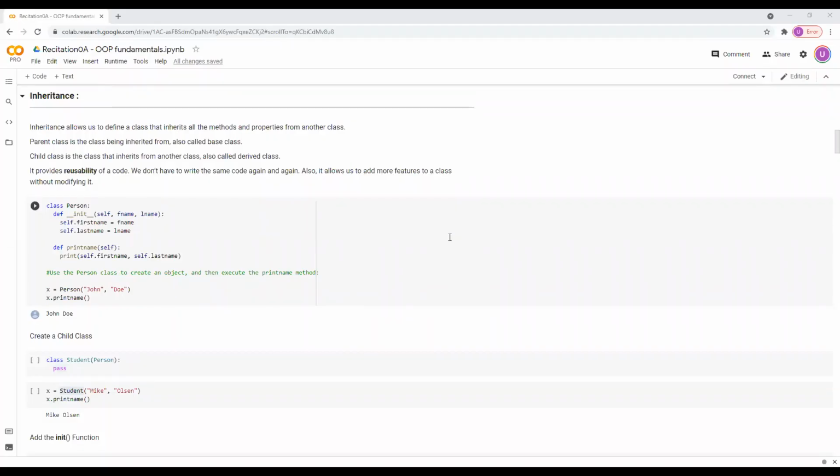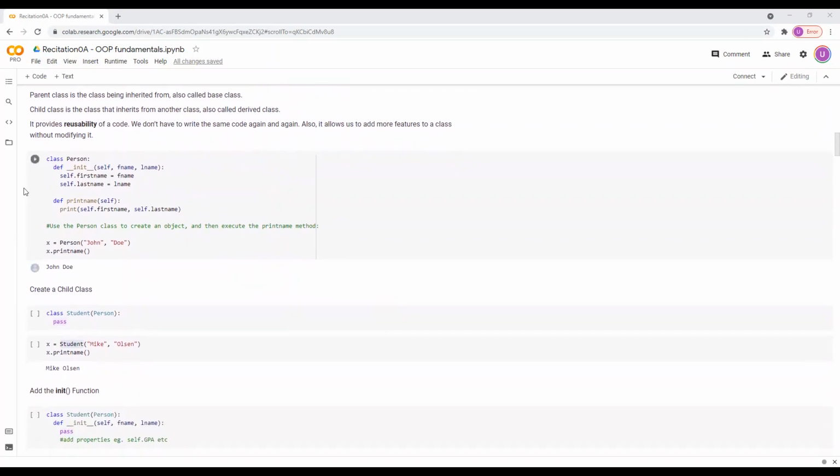The next topic that we're going to look at is an important topic, and it's inheritance. Inheritance is basically used to enable reusability of the code, so we don't have to write the same code again and again, and we can actually borrow from different classes and different methods. There are two basic distinctions in the classes. The first one is the parent class, and that is the class that is being inherited from, and it is also known as the base class. And the second one is the child class that actually inherits from the parent class, and it's also called the derived class.